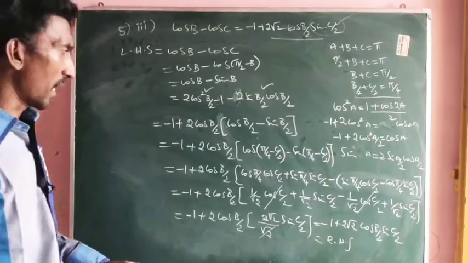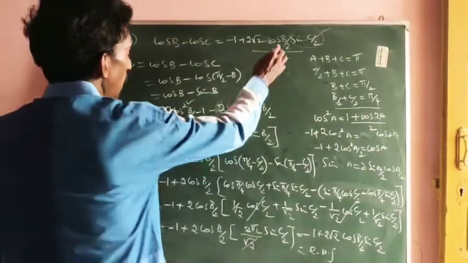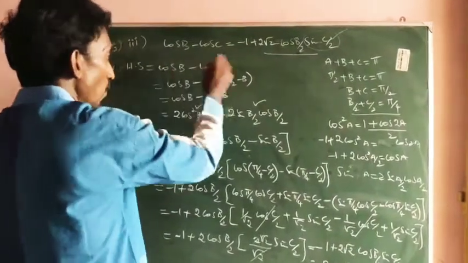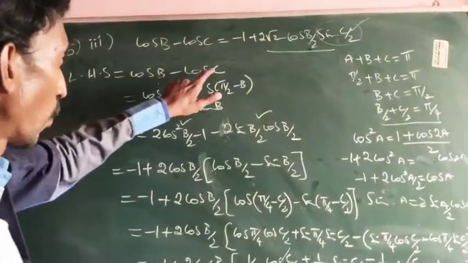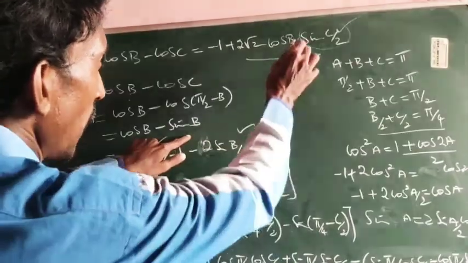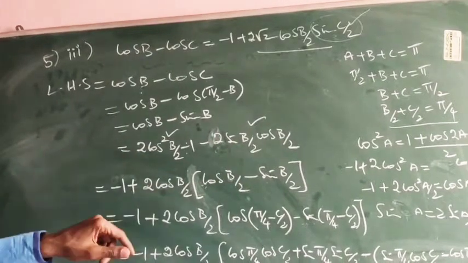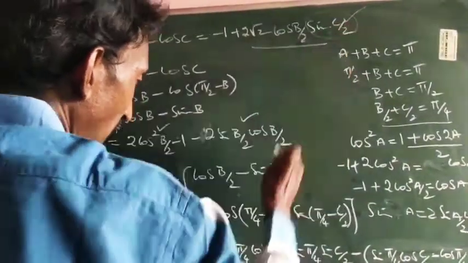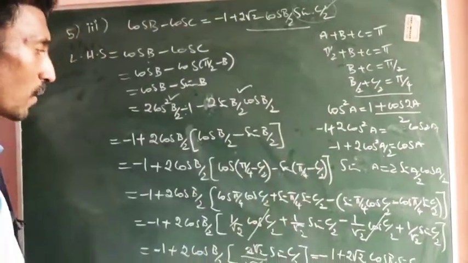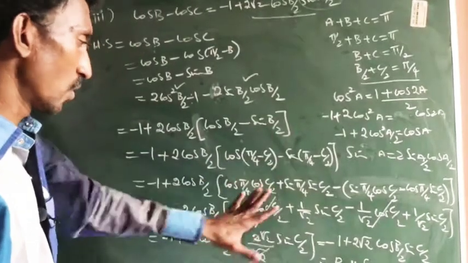So we have to do it carefully because we are moving according to the answer. First we are writing both in terms of B or both in terms of C. I am writing both in terms of B, and we are using the B by 2 half angle formula. I am converting once again, C by 2 we need. I am rearranging B by 2 in terms of C by 2 using cos(A minus B) and sin(A minus B), and do it carefully.